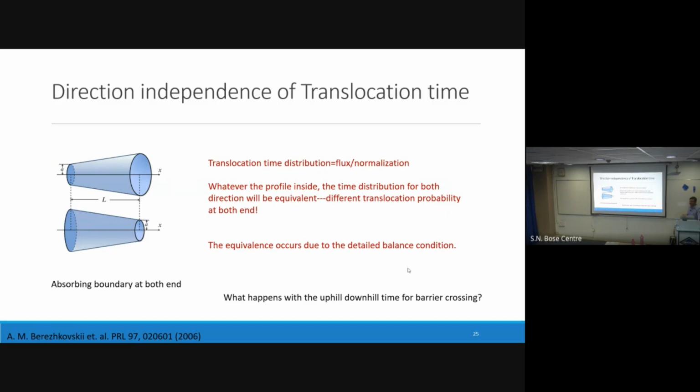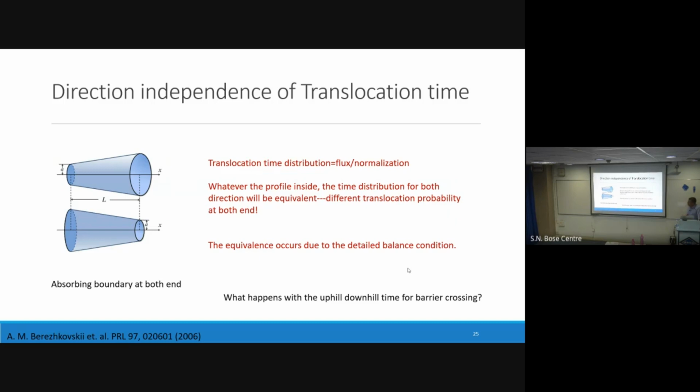Where similar absorbing boundaries at both ends are used, similar to the transition path cases, you measure the time required for each time you go from one side to another. So the translocation time is defined by the flux, normalized with respect to time, and the flux is how many particles are arriving at the targeted boundary. Okay, so